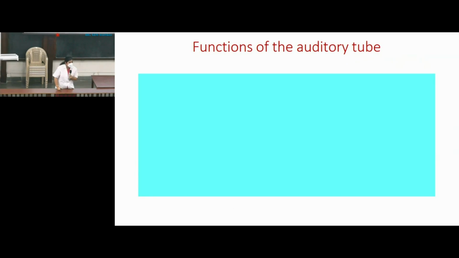Yes? So which manoeuvre do you follow? Valsalva manoeuvre. Yeah. Simple swallowing movements will open the pharyngeal opening of the auditory tube. So that will try to equalize pressure inside the middle ear cavity and outside. Okay? And what happens when you descend rapidly? Pressure inside will be less and outside will be more.